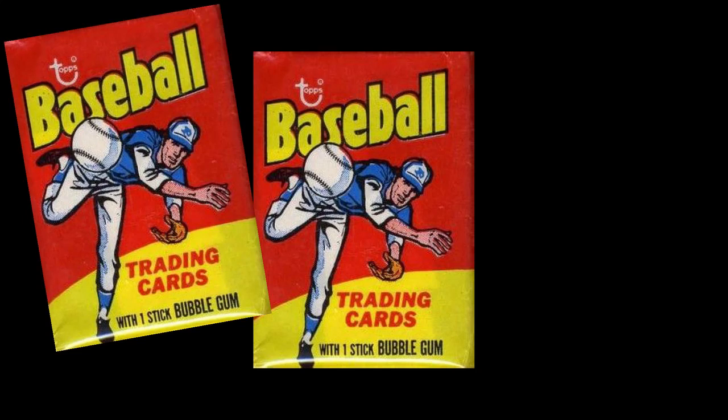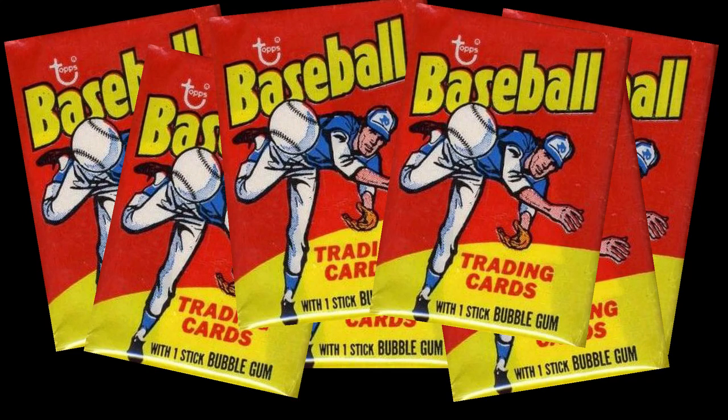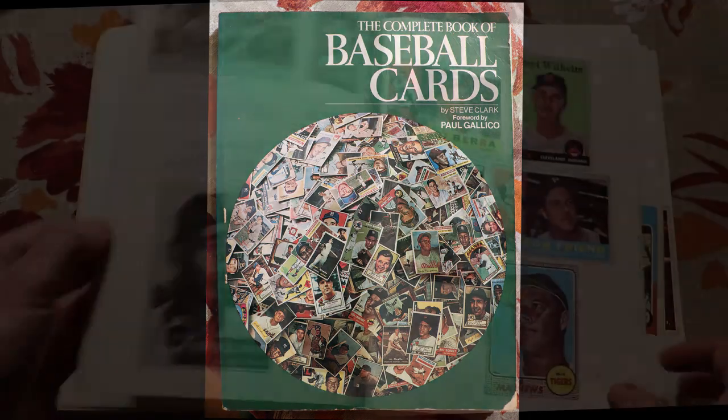It seems like the one constant in the baseball card hobby is change. When I was buying 15-cent packs of cards in 1975, the hobby was in a much different place. My first entrance to the world of baseball card collecting was buying this 1976 book, The Complete Book of Baseball